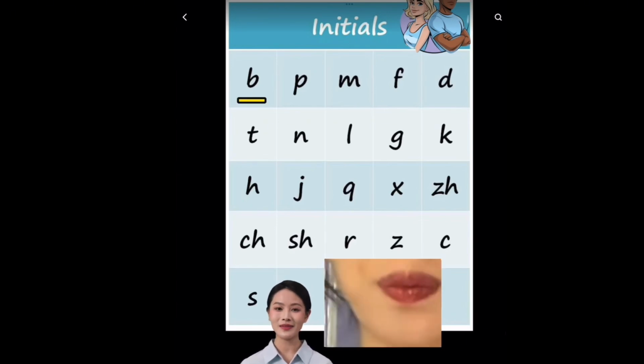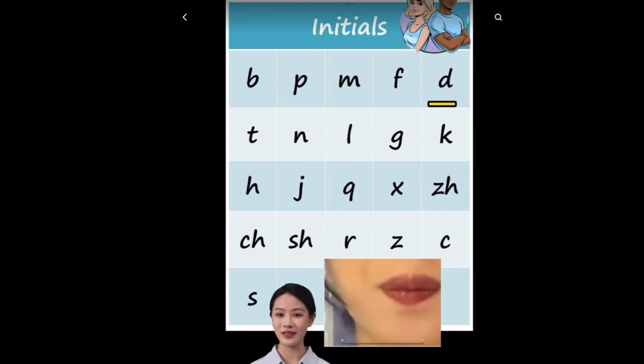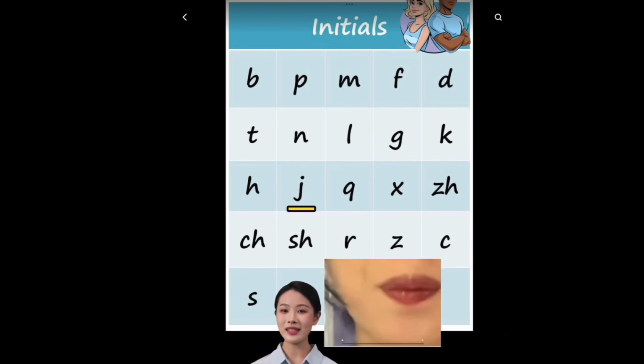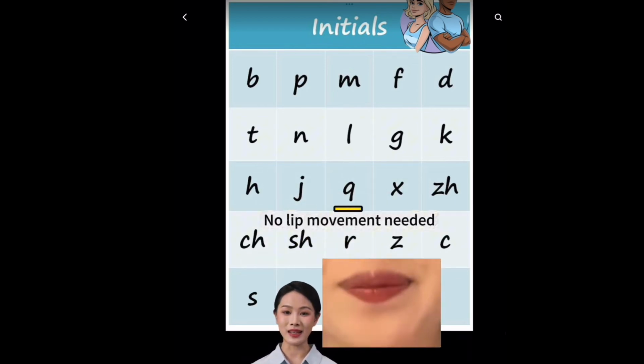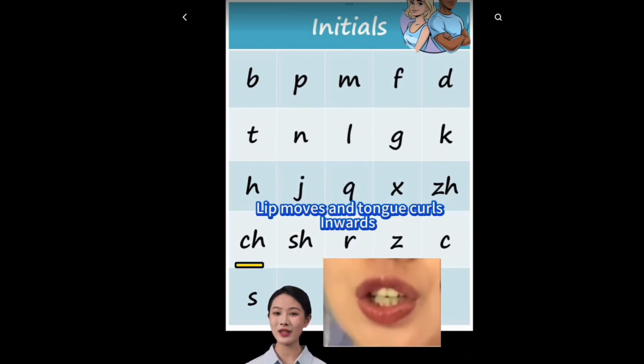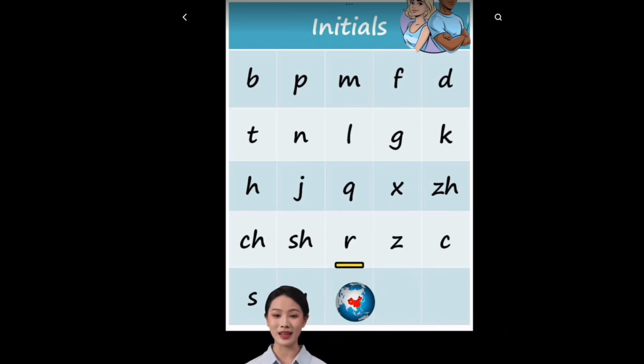Bo, po, mo, fo, de, te, ne, le, ge, ke, he, ji, qi, xi, zhi, chi, shi, ri, zi, ci,